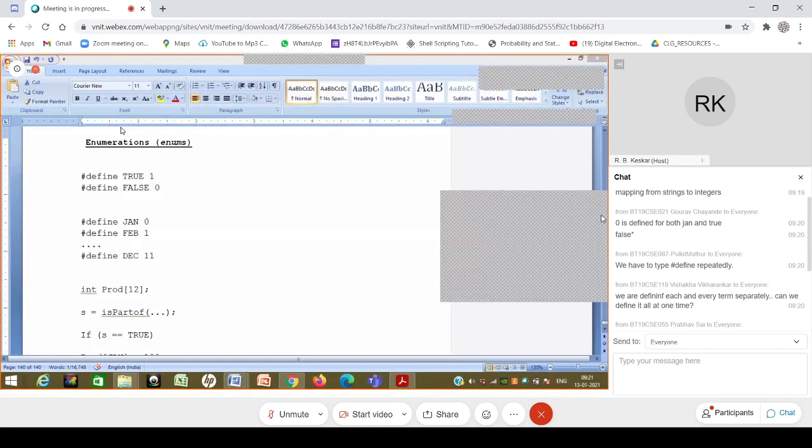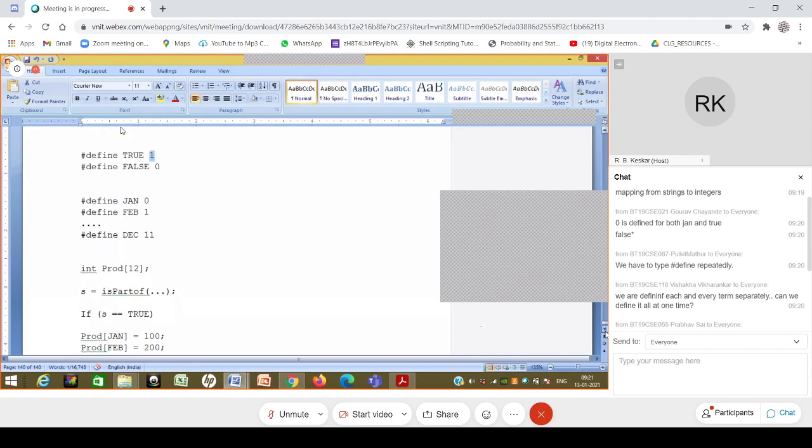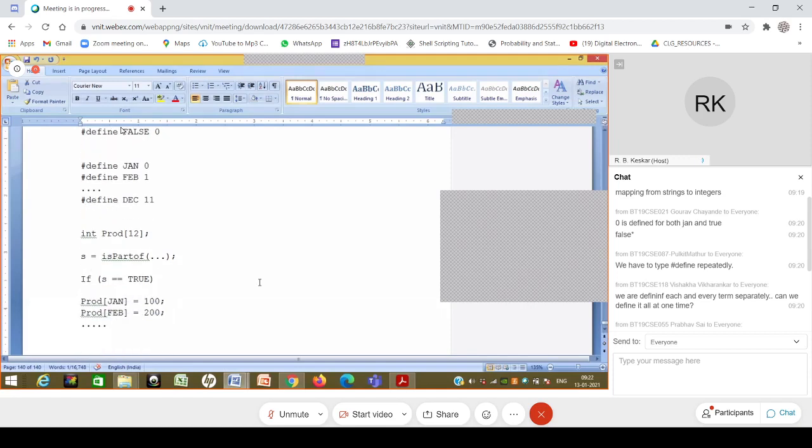Answers we have. So we are defining each and every term separately. Can we define all at one time? So I said, what does it give me? To make an array with string indices, yes, that is a requirement, right? That is what I said. But when I said what does it give me, I didn't mean that. So essentially, my requirement is that it makes things more readable.